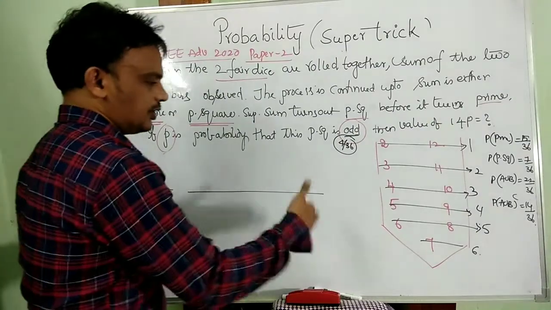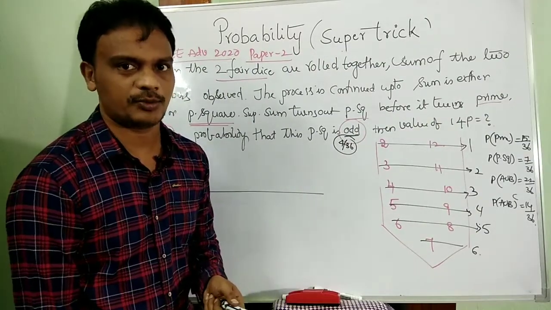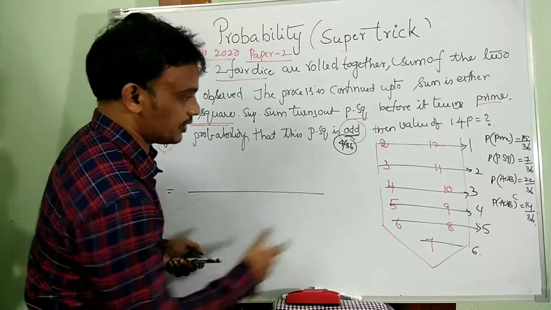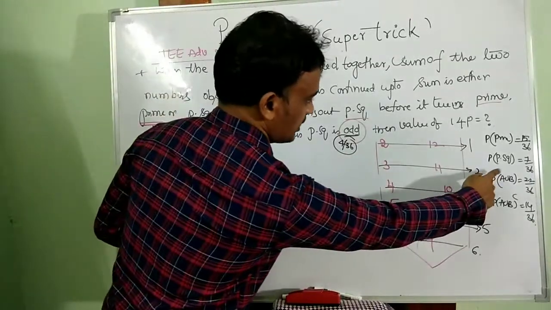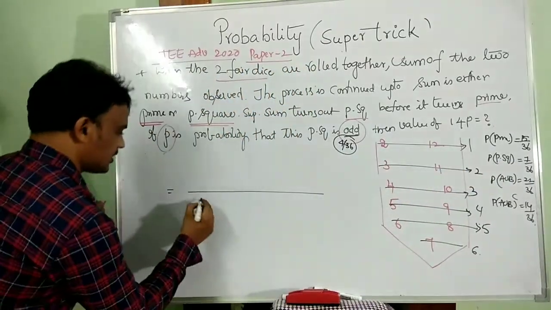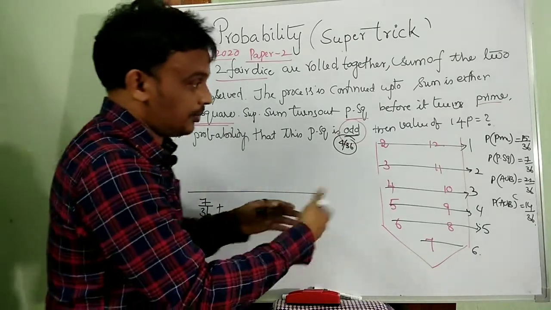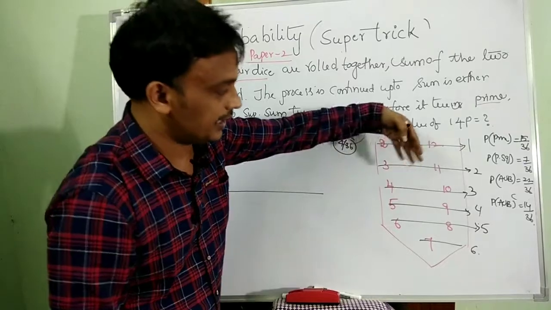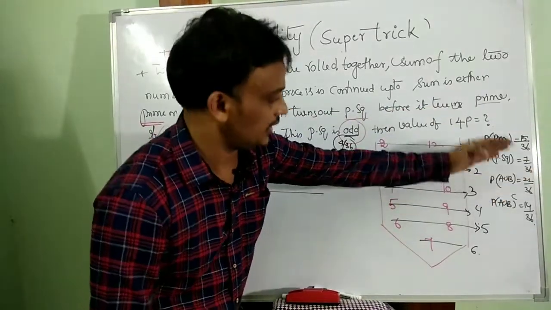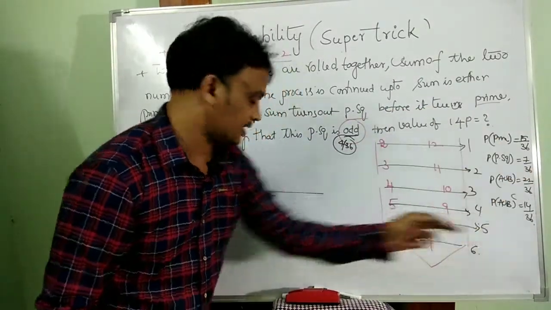So here we get an infinite geometric progression. First, what are the chances? Perfect square chances, the probable chance. For a perfect square, you may get 7 by 36 in the first chance. And next time, the second time, we may not get that perfect square. That means neither-nor chances, 14 by 36.